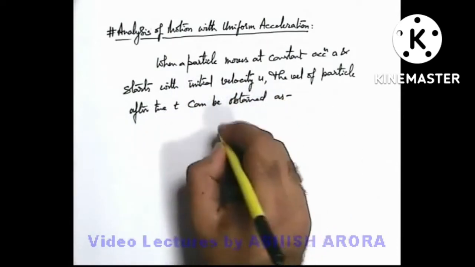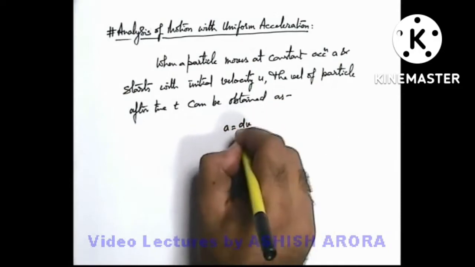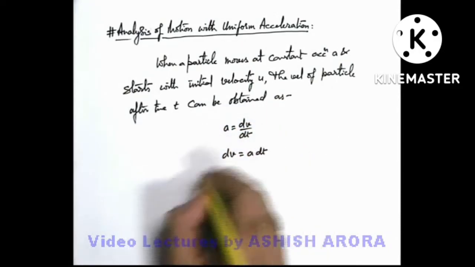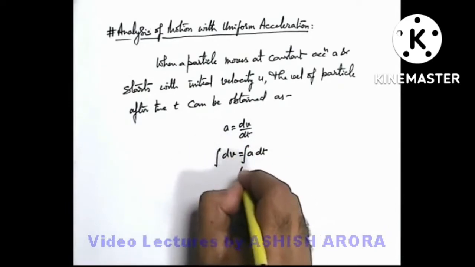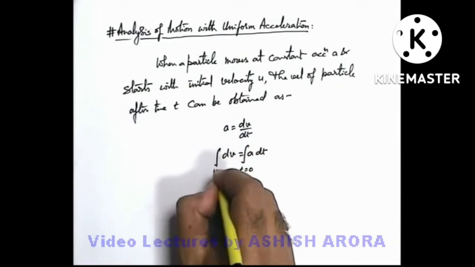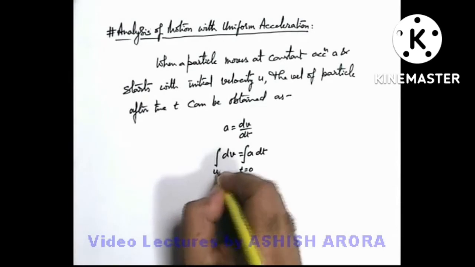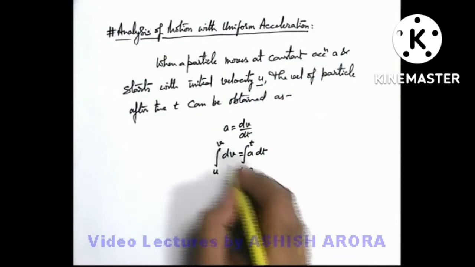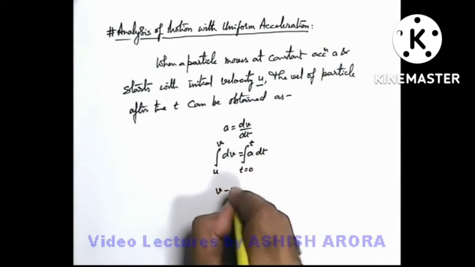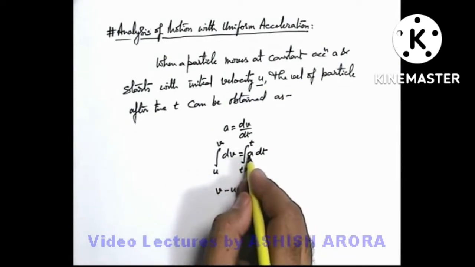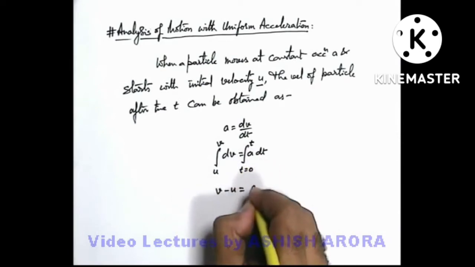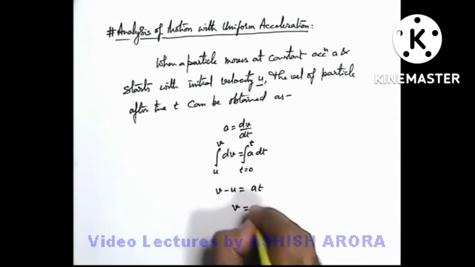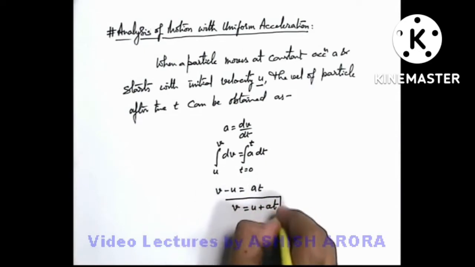after time t can be obtained as, we simply write acceleration as dv by dt, and here we can write dv is equal to a dt. Now we integrate this expression. At t equal to 0, we can substitute the limit of velocity was u. In the beginning, it starts with initial velocity u, which was given. At a general time t, the velocity of the particle say becomes v. Then on integration, left hand side will become v minus u, and on right hand side, as acceleration is constant, it can be taken out, and it becomes integration from 0 to t, so that will be just t. So velocity after time t can be written as u plus at.